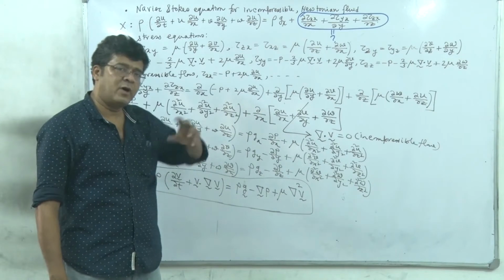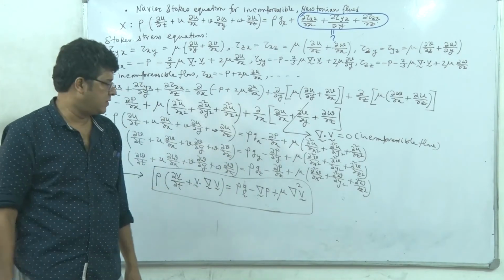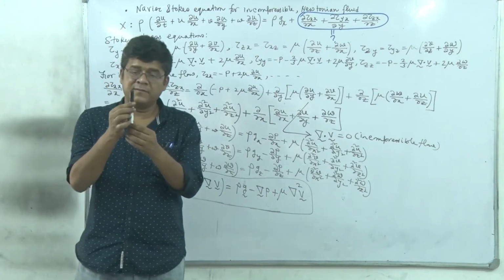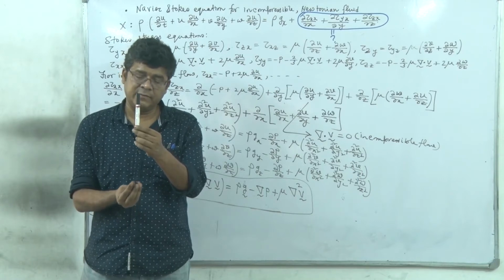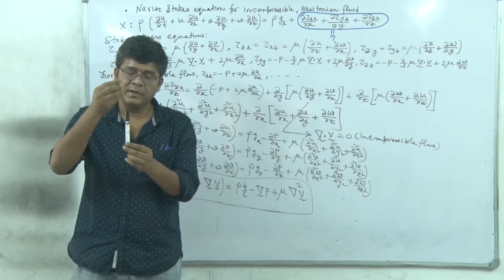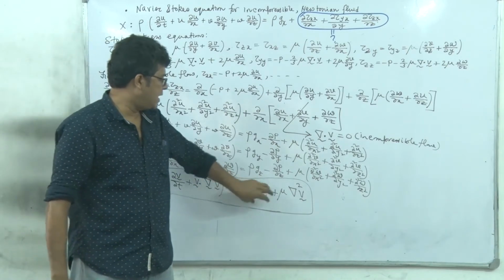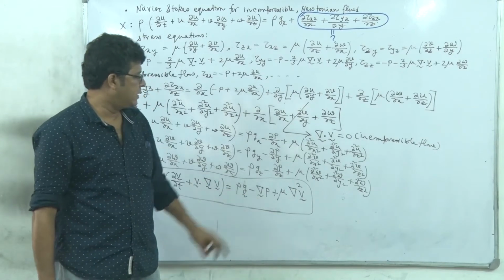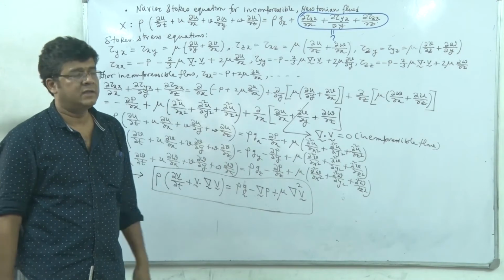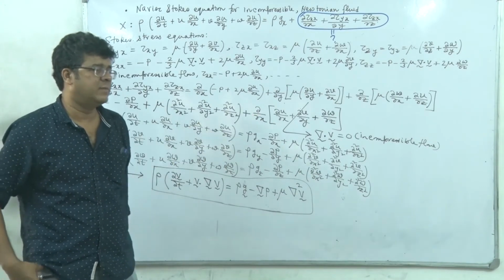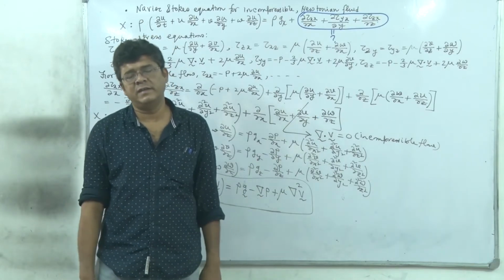So rho g, if properly oriented, if we are thinking of motion in this direction, will be a generated term. However, if in the same pipe we have given a pressure gradient such that the flow will be from bottom to the top, then rho g will be the dissipated term for the momentum. Whereas at the same time, this grad of p: whenever I am giving a pressure gradient, a pressure difference between two points in a pipeline, then there will be a flow in the direction of decreasing pressure.